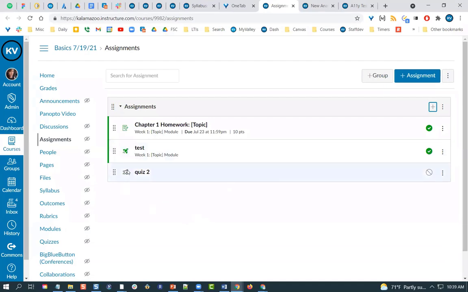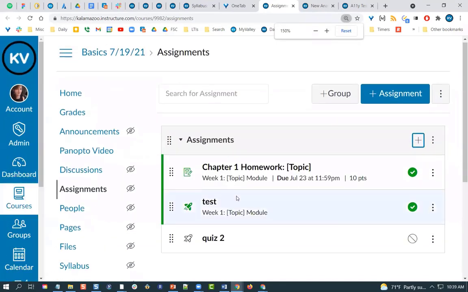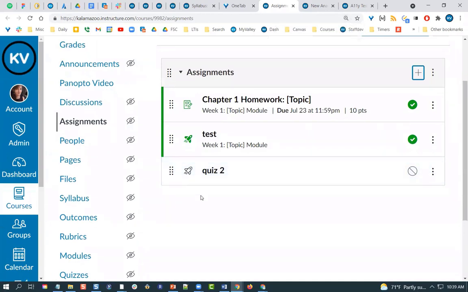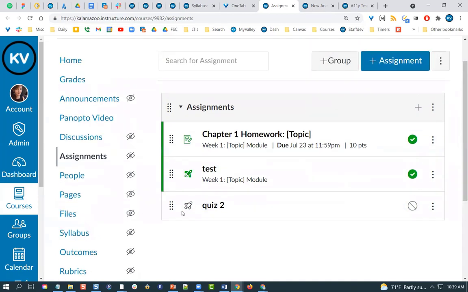Here you can see this is a not filled in rocket ship. I'm going to zoom in. This is a classic quiz and this is a new quiz. Students are not going to see that, which is a little bit wild to me. I think you would want to make it as consistent as possible, but in any case, if I go to